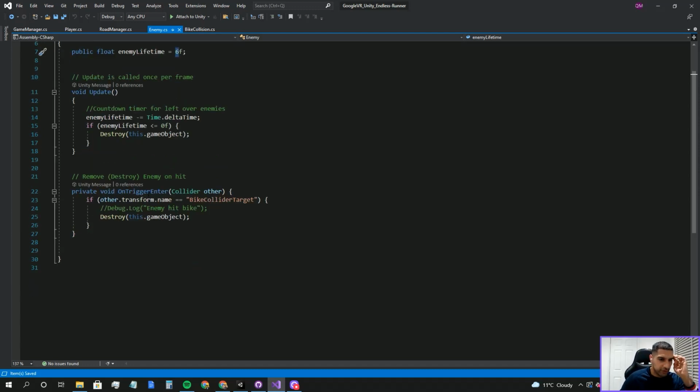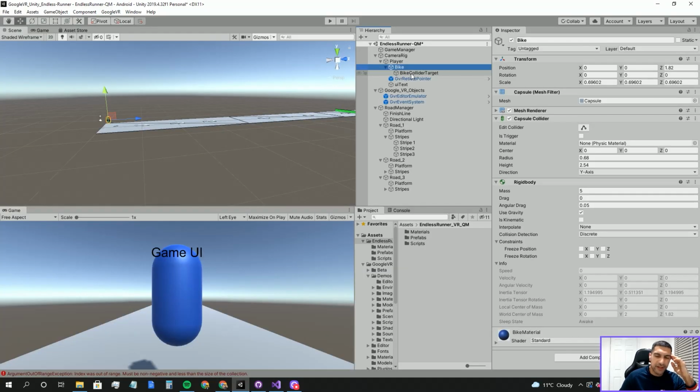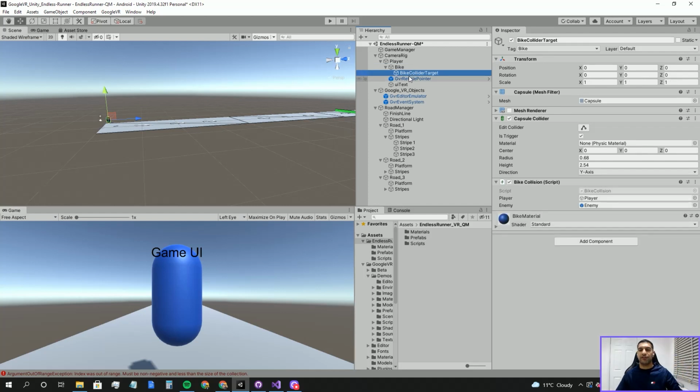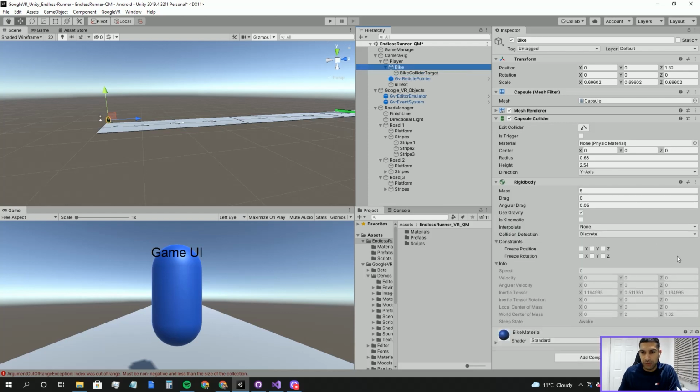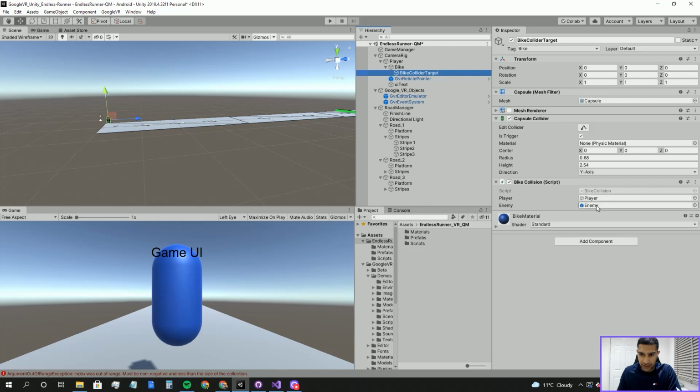But also, if this is an on trigger enter, so we've got a trigger collider going on as well. If bike collider target, I'll show you what that is. Underneath the bike, I've made a collider. The reason I've had to make a separate collider and not put it into the bike is it was a bit long to do that, because if you add collision, or if you basically add the collider,